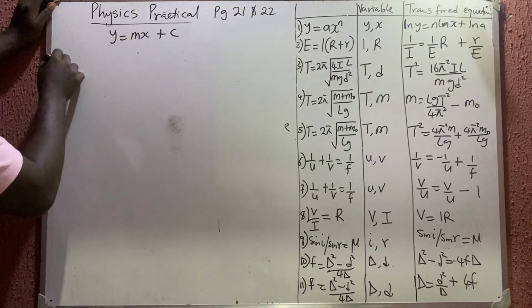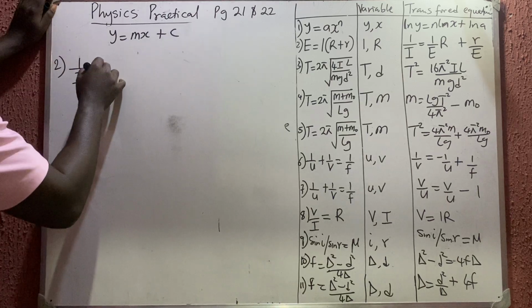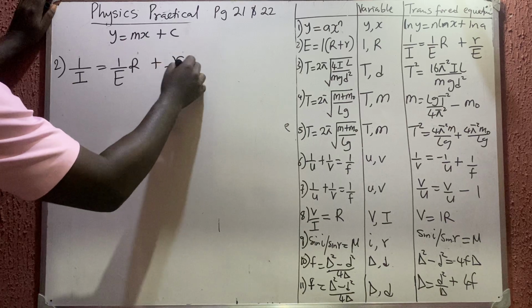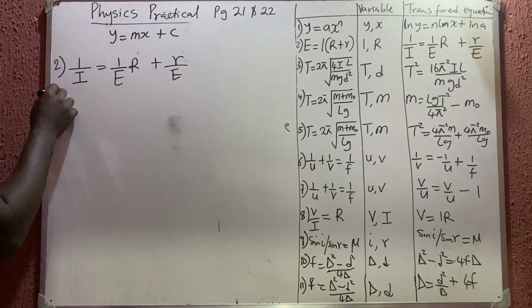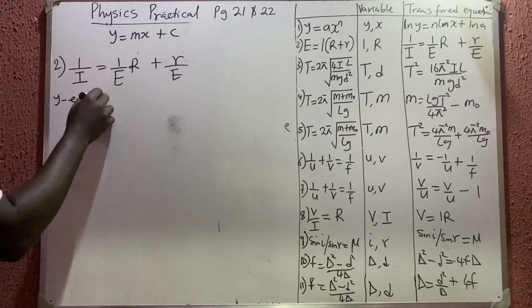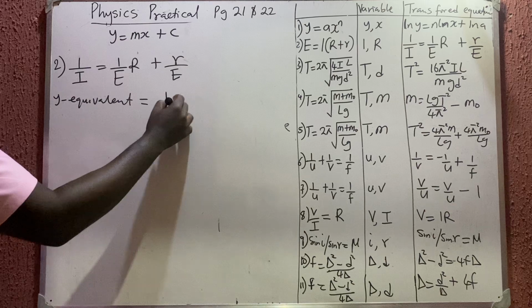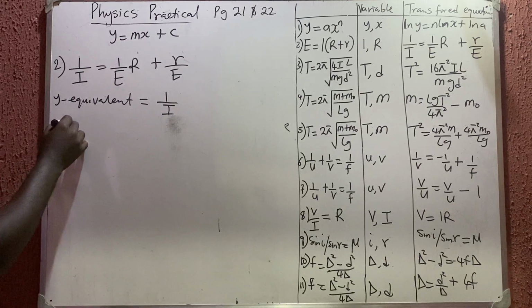Now for number two, the transformed equation is 1 over I is equal to 1 over E times R plus r over E. Now if you compare this to this, you see that obviously your y equivalent is simply 1 over I. That is your y equivalent. Then your x equivalent,